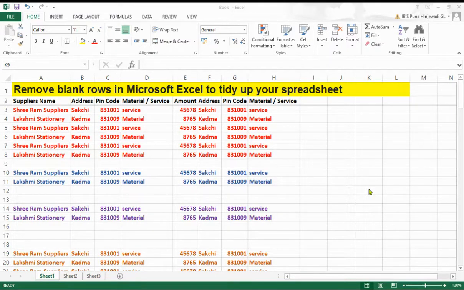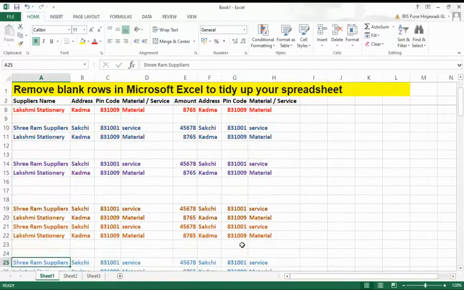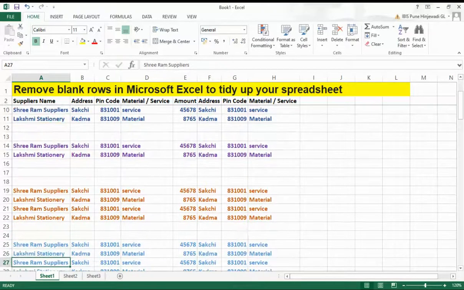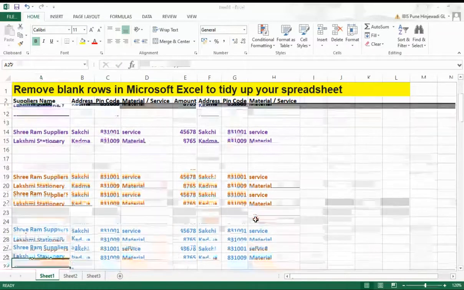Today, we are going to learn how to remove blank rows in Microsoft Excel from your database so that you can apply another function or formulas in your Excel sheet to get your desired result. Many times when we extract reports from different tools or financial software, we get the report in such a format that there are blank rows available in your database or sheet, and there is a possibility that you will have blank columns also.